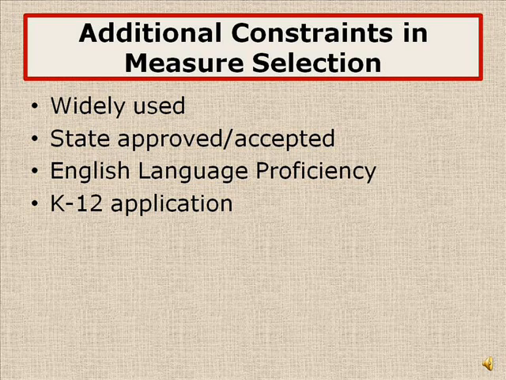Third, English language proficiency. Both measures address English proficiency and can be used for evaluating students' annual growth. They aren't used to drive instruction as much as they inform summative data collection, which will support program placement options for students and program evaluation processes. Fourth, K-12 application. Both measures are used across public schools from kindergarten through